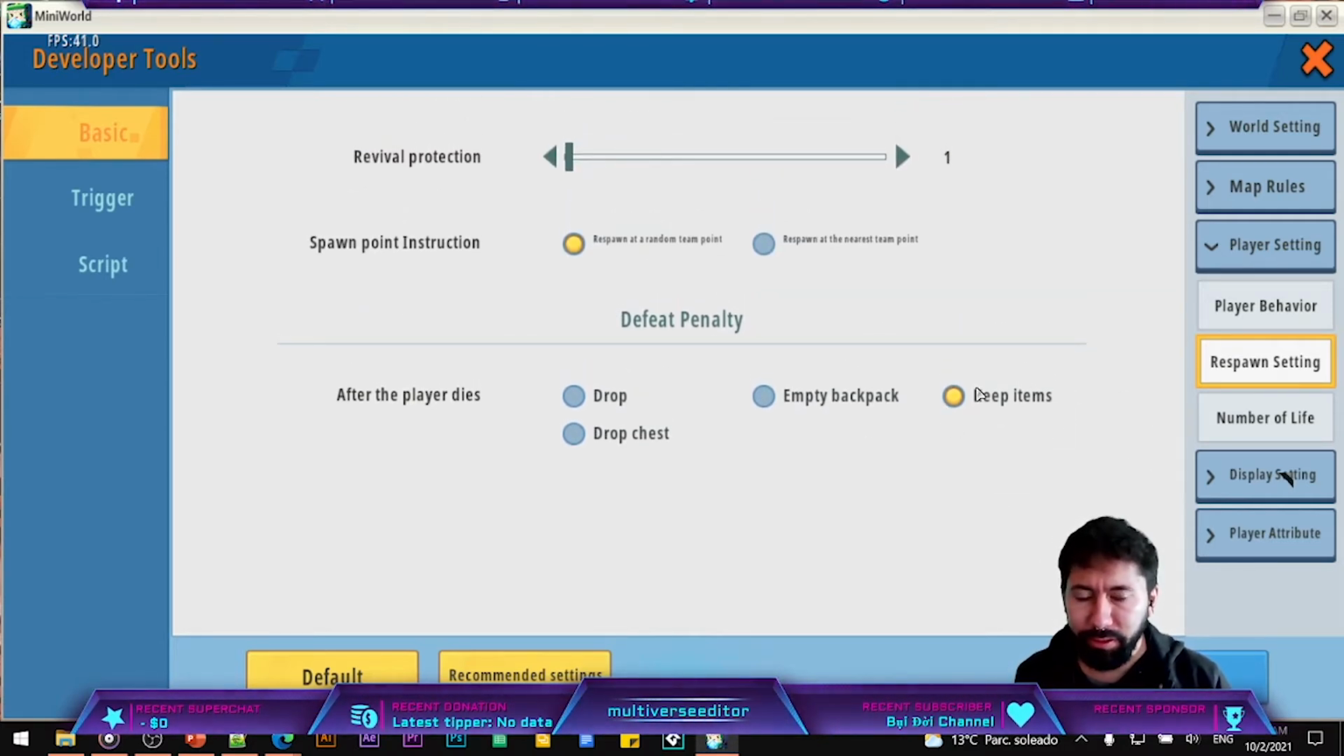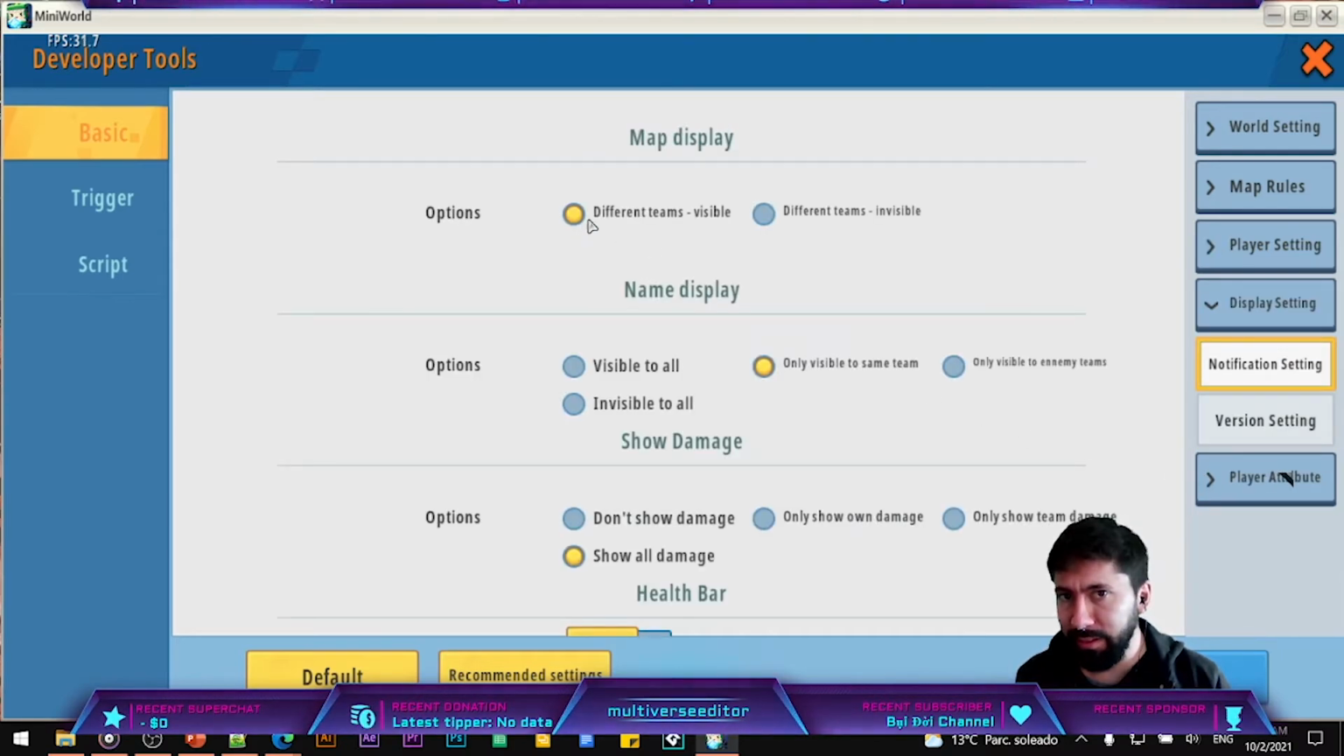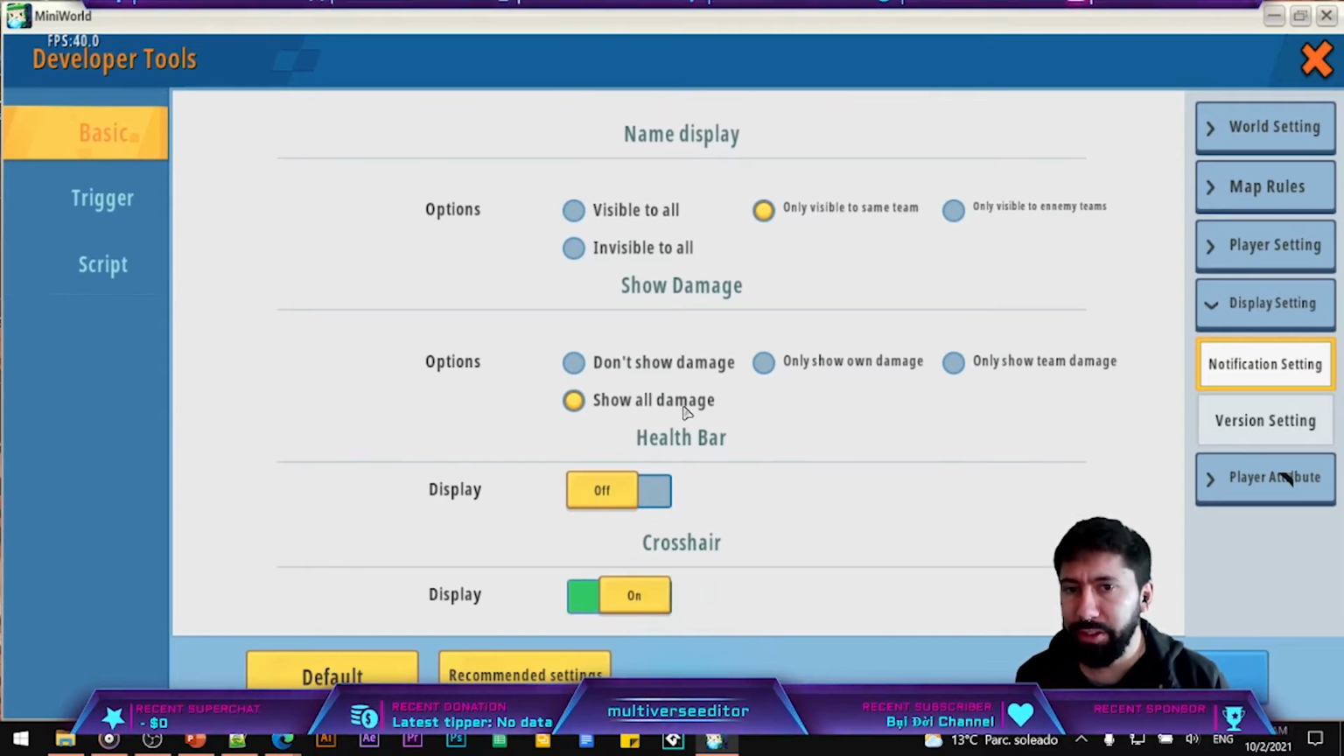Why? Because with this, we are going to be sure that if a player is a victim, when the player is rescued by another player, it's going to have the same items. Lives needs to be completely off. Display settings needs to be different teams visible here. So the players will be able to see others in the display, but the name display is only going to be available for the same team. Show the damage is going to be to show all the damage. So as an example, if a